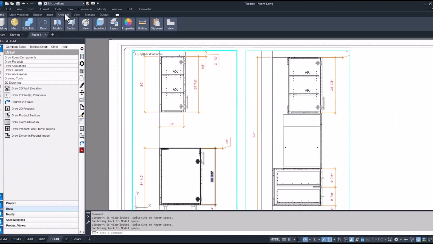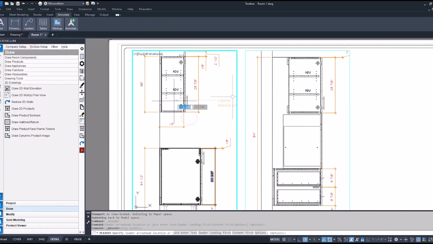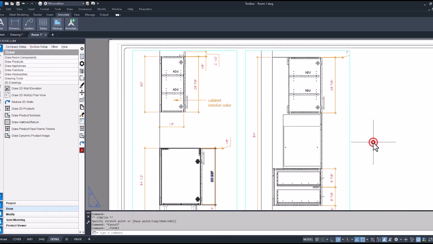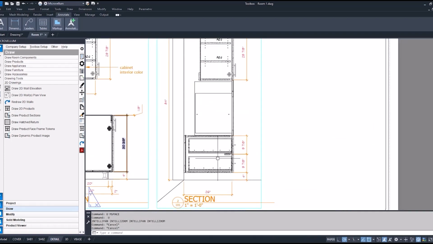And if there was any other additional details that we wanted to add, maybe add a multi-leader with text. Now I'm back into paper space. Now I do want to show a little bit more detail on this tall cabinet, but I don't want it to be in this viewport at this current scale. So let's go back into model space